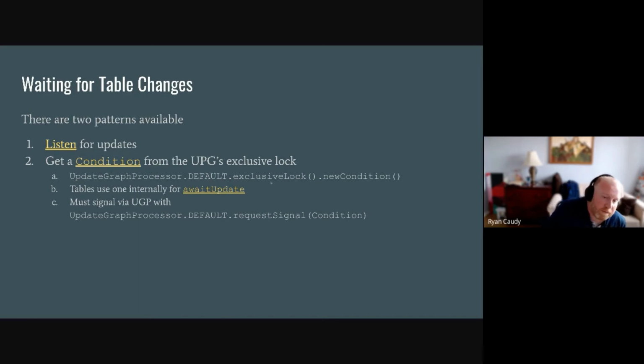Then you could also just call await update on a table, which is basically going to block until an update happens. And it might not be the update you're looking for, but an update happens, right? If you do happen to get a condition variable yourself, you're going to have to use request signal on it in order to